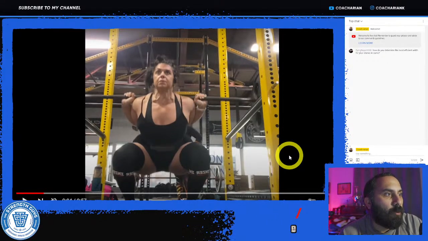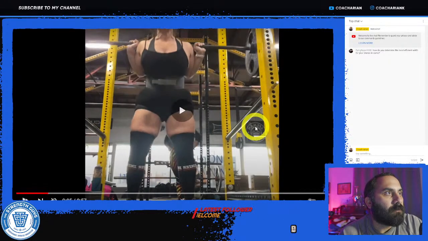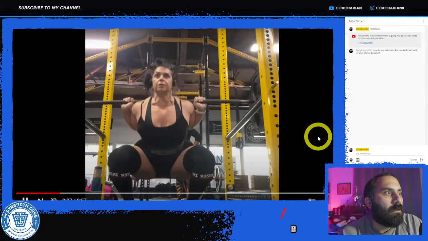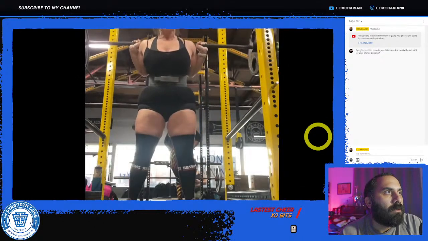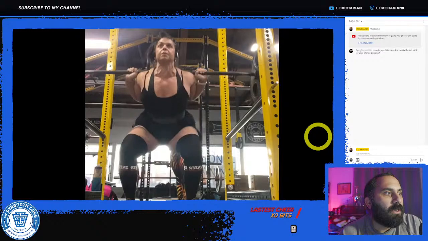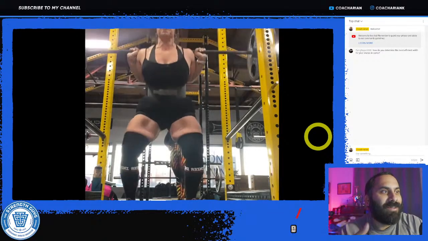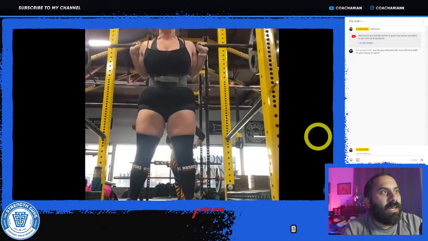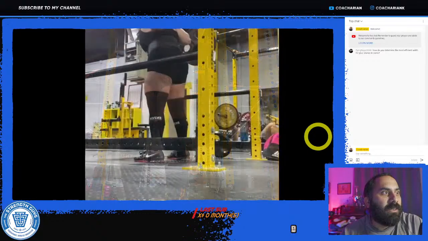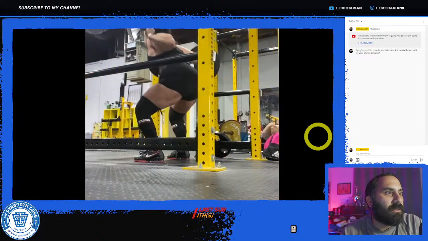So the knees stay out here well. The hips look pretty even, and then the bar looks pretty even. So this right here looks really solid, if you can maintain this kind of technique as the RPEs get higher and as the weight gets higher.